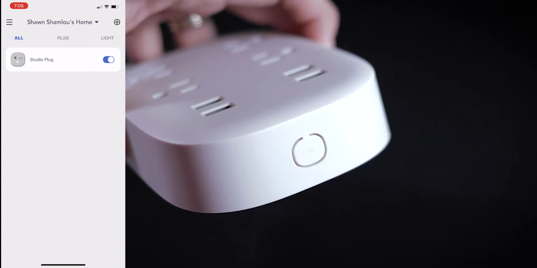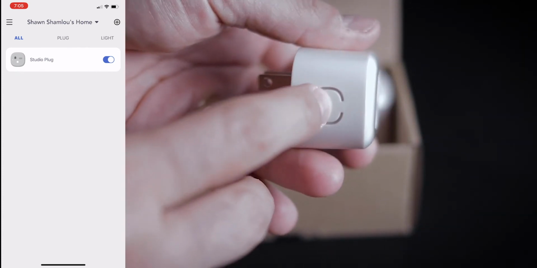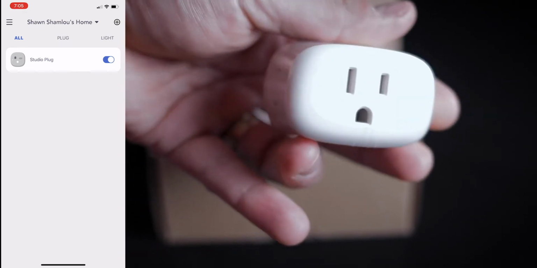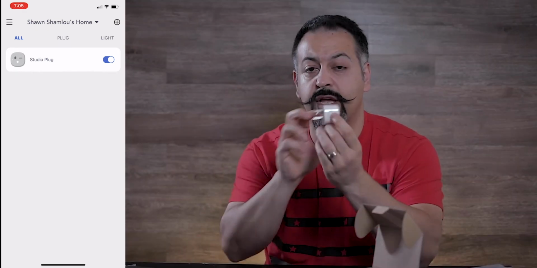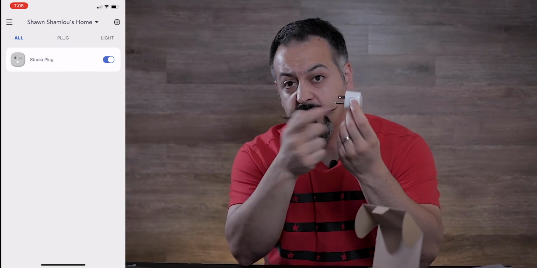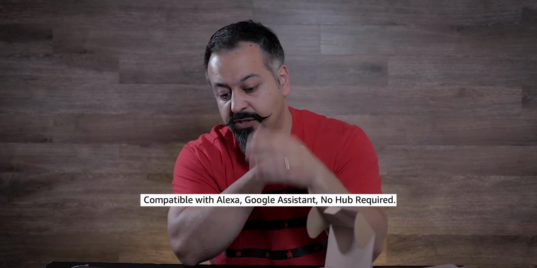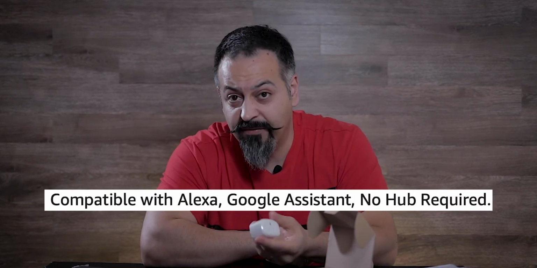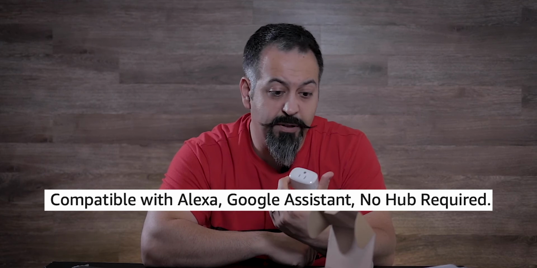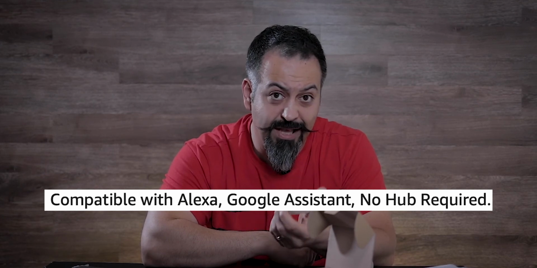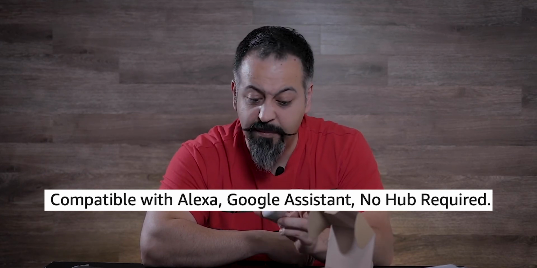So every time you're trying to turn that device on or off, you don't have to take your phone out to do it that way. You can also push this button to disconnect the power that is coming to the device. Remember I told you you can use one of the 3 systems, Alexa, Google Assistant, or Apple HomeKit through Siri. So you can actually connect these devices through both, I believe, Amazon Alexa and Google Home, if I'm not mistaken.